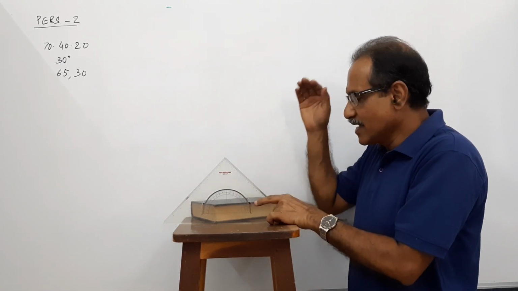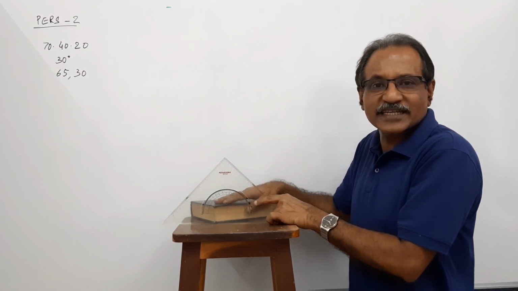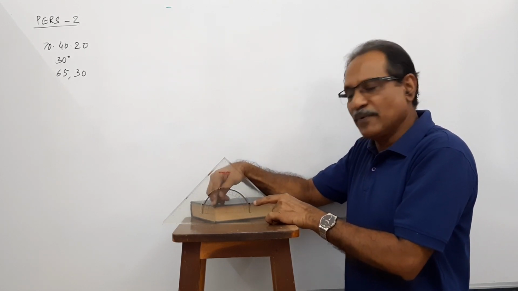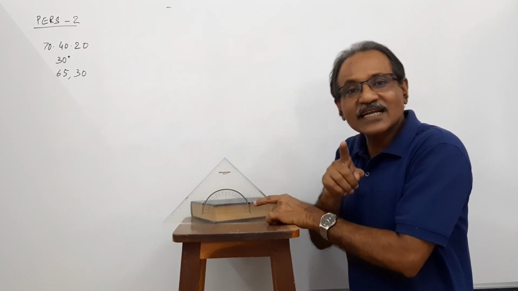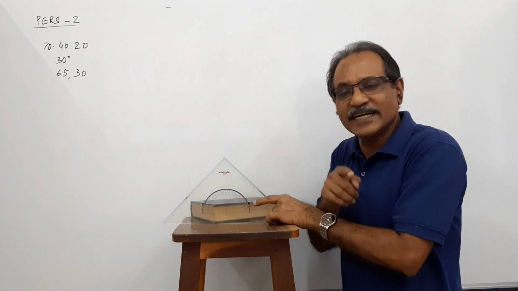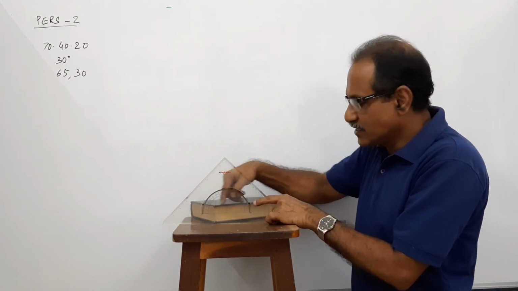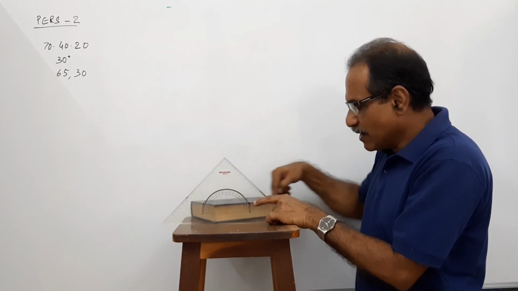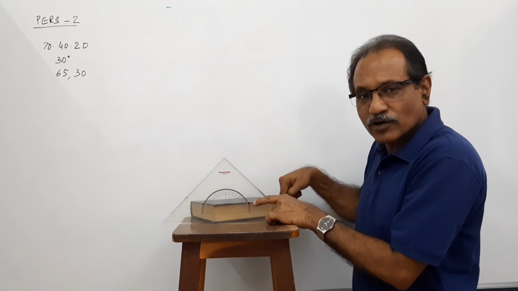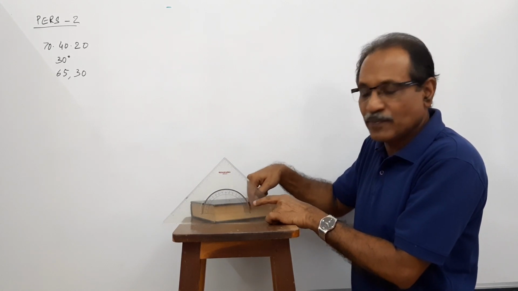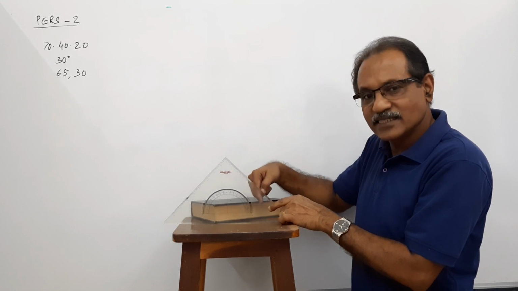So I repeat the question. A rectangular box 70 by 40 by 20 lies on the ground on the largest rectangle with one vertical edge on PP. One vertical edge touching PP. Then the larger rectangular face containing this edge. This is the edge. This is the larger rectangular face containing this edge. 70 by 40, 70 by 20, whereas this is 40 by 20. This face 70 by 20 makes 30 degrees to PP. This angle is 30 degrees.